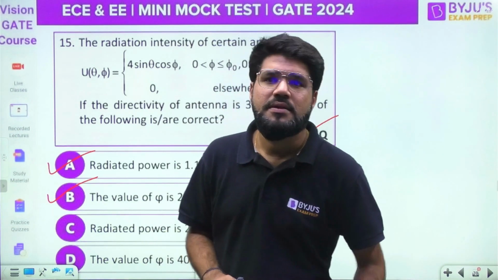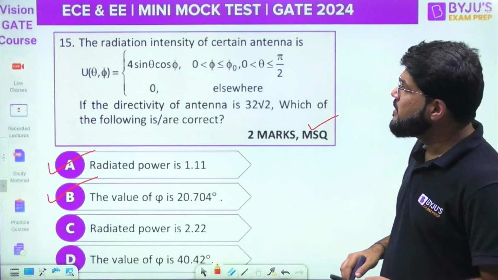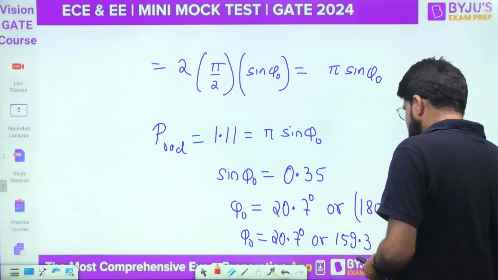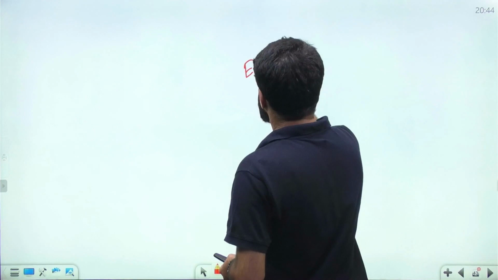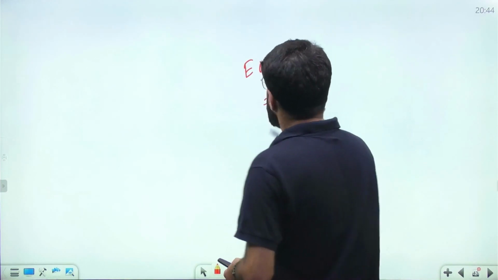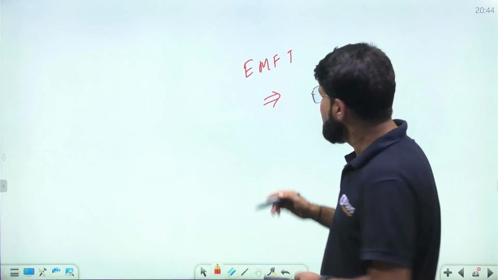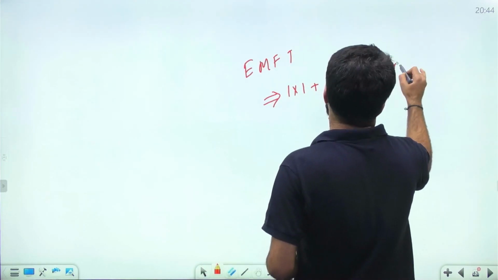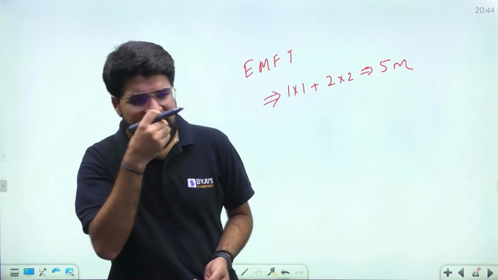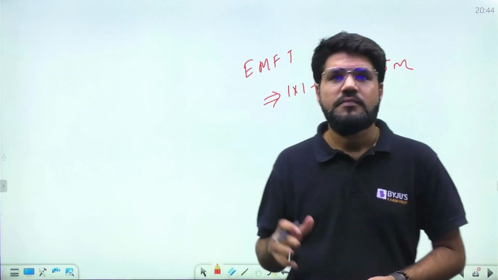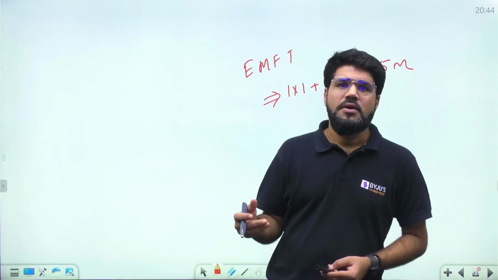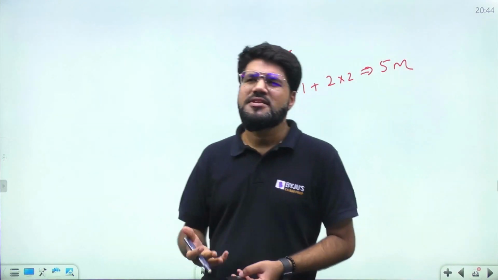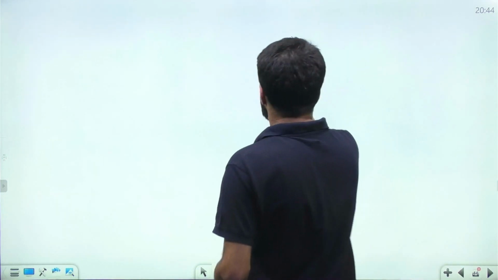Okay, this is the 15th question, and it is from EMFT. With respect to EMFT, we have taken a smaller weightage, that is 1 into 1 plus 2 into 2. Not very small, but already the test is small. Only 5 marks from EMFT, and the rest 7 marks from control, 6 marks from control, 7 from digital, sorry, digital level. I'm getting confused. So let me summarize what I have done for you.